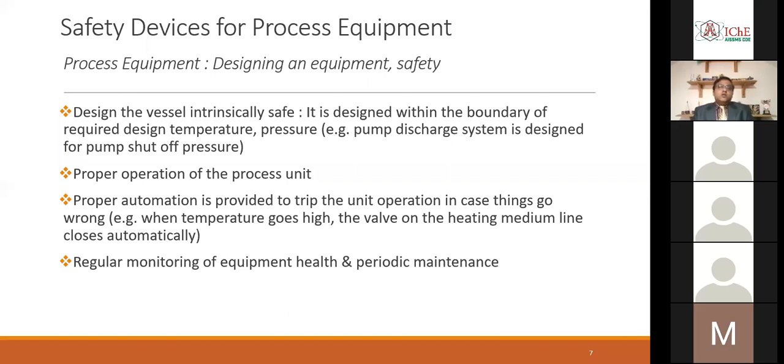Mostly, if you see, the pumps will be spared. So A and B pump will be there. A pump will run and B pump will be spare. So for the next week, I will take A pump for maintenance. I will open it. I will check its health, whether the seals are intact, whether the impeller is okay or not. And by that time, B pump will be in operation. So again, I see that A pump is okay, or if there is some problem, I repair it